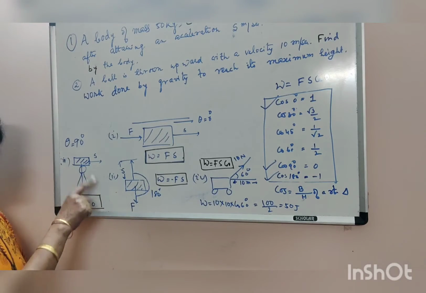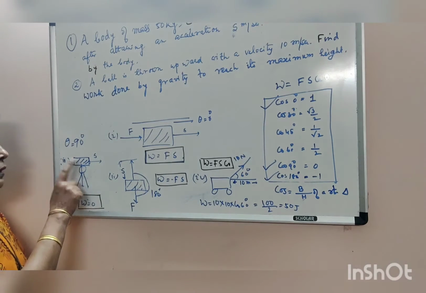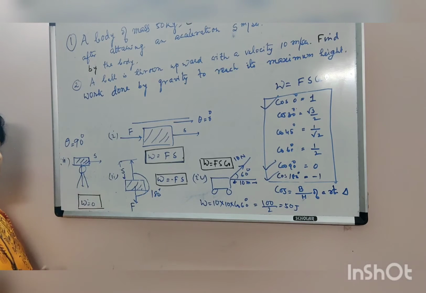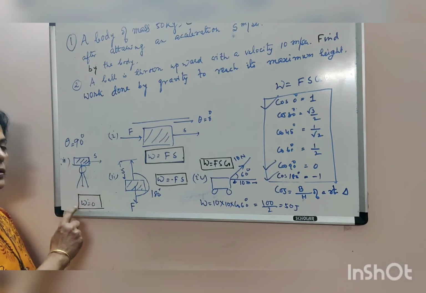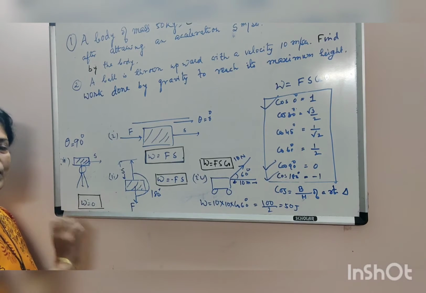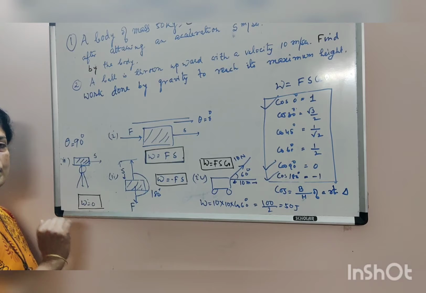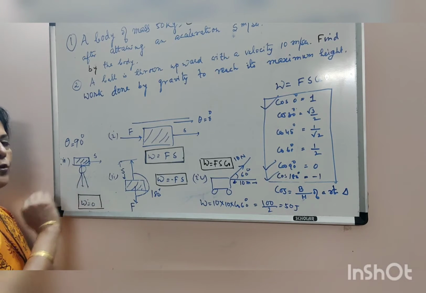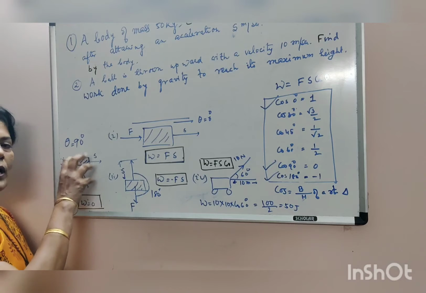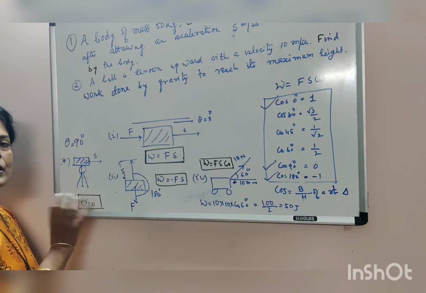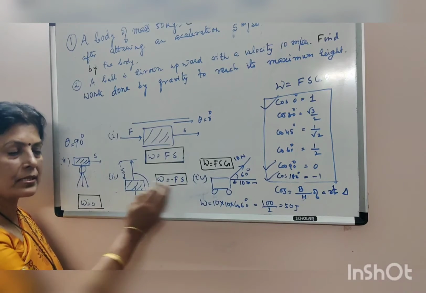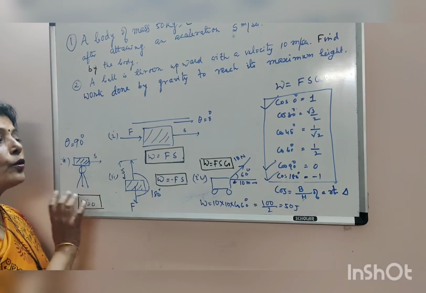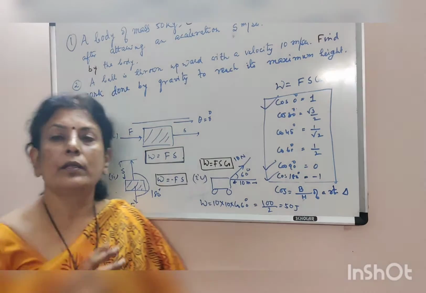Third case, let us consider a pulley. A box is kept on the head of a pulley and the pulley is moving along a platform. Then the weight force acting by gravitational pull on the box is F, that is in the downward direction, and S, that is displacement, occurs perpendicular to the gravitational pull. Here work done by gravity is equal to 0. That implies work done may be equal to Fs, work done may be equal to minus Fs, work done may be equal to 0.